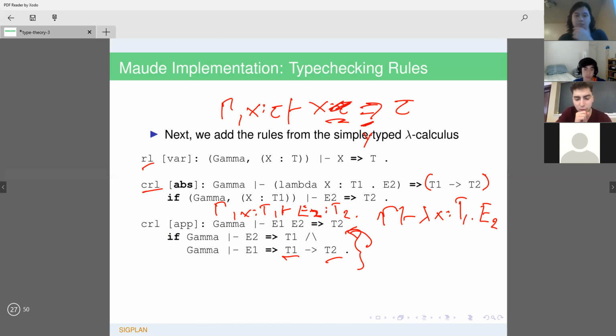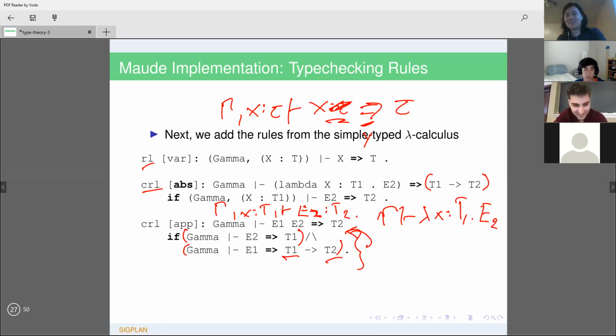Wait, so what does that mean? It's like T1 and what? Oh, yeah, it's gamma proves E2 has type T1 and gamma proves that, yeah. I could have put the parentheses, but I usually like to have as few parentheses as possible, which is maybe not the best for reading. But anyway,